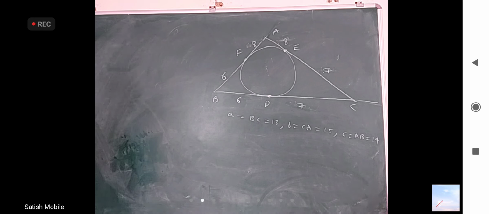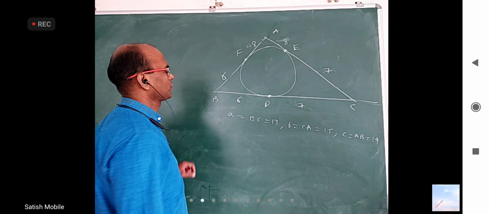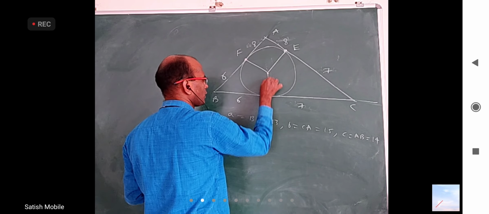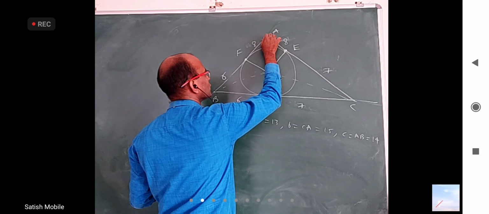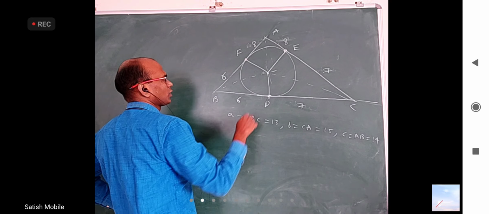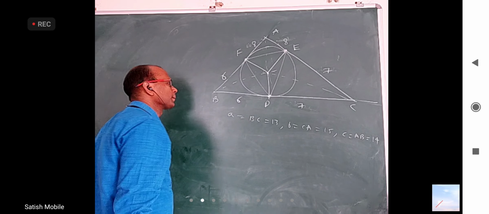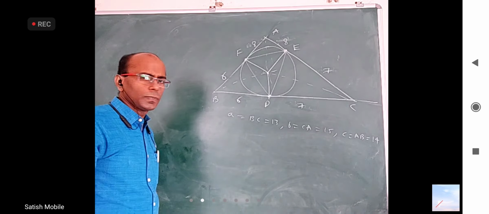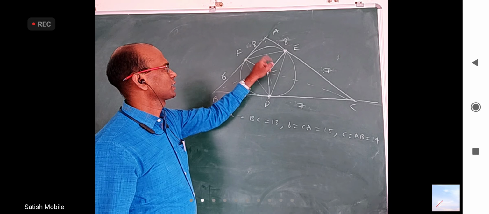They wanted angles of triangle DEF. This is not the point where the angular bisector meets, so incenter is somewhere here. I should draw this. Yeah, this may be the point of concurrence of angular bisectors. Okay, but AD is not the angular bisector. So how to do this? They want triangle DEF angles. Anyone want to give an idea how to find for this DEF triangle, what are these angles?